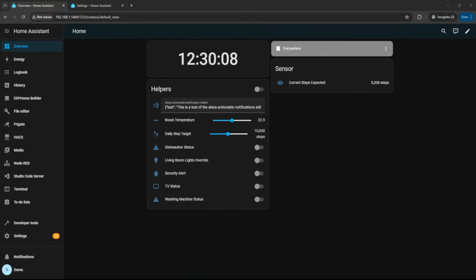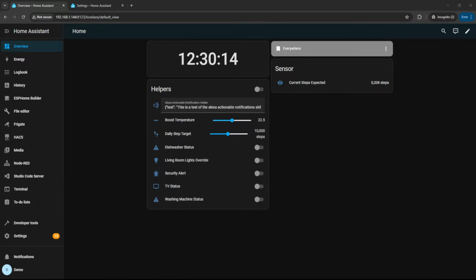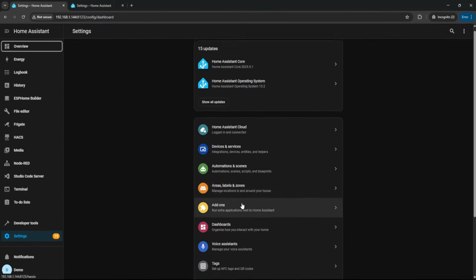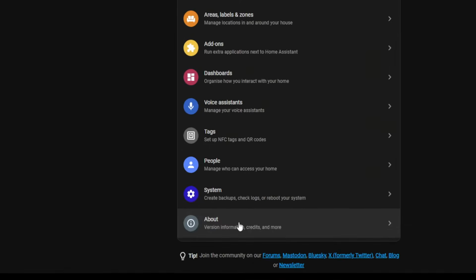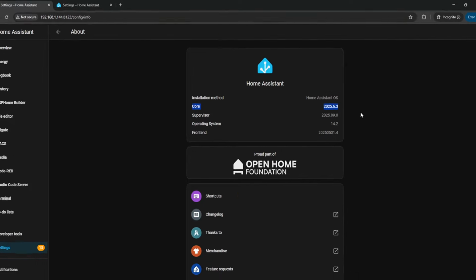The first thing you're going to need to do is confirm that you have Home Assistant Core 2025.8 or above in order to use AI suggestions or AI tasks. If you go to Settings, then scroll down and go to About, and you want to look at Core, and in this example, you can see it's